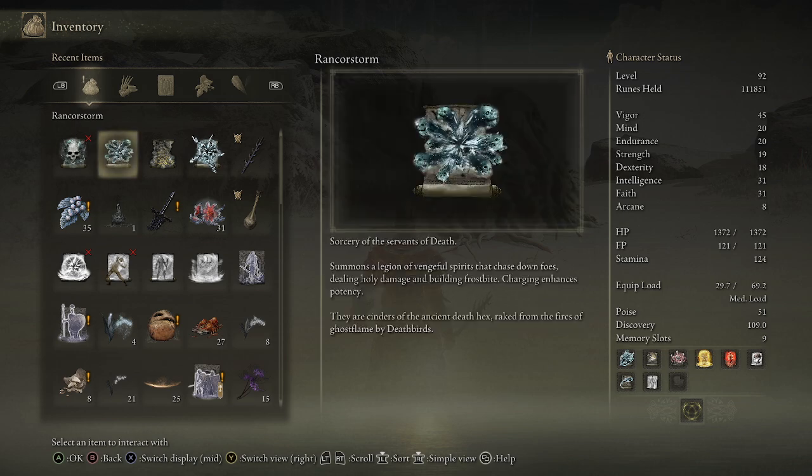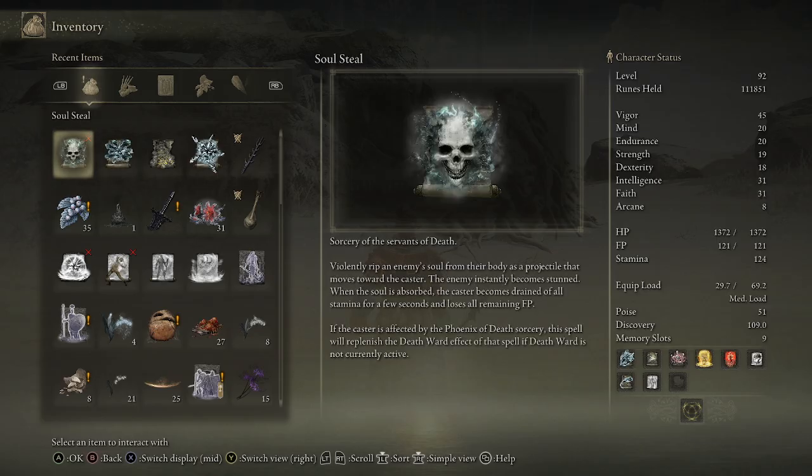All right, so next up, Sorcery of the Servants of Death. Rancor Storm summons a legion of vengeful spirits that chase down foes, dealing holy damage and building frostbite. Charging enhances potency. They are but cinders of the ancient death hex, broken from the fires of ghost flame by death birds. And then, like I said, the last one,